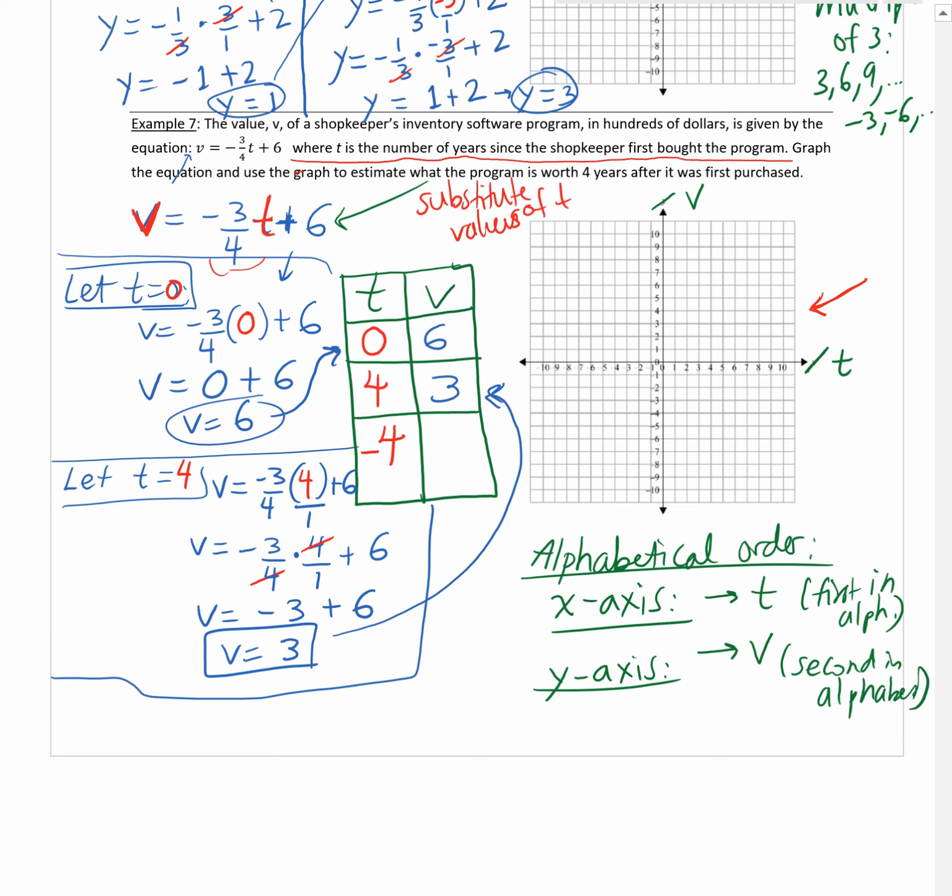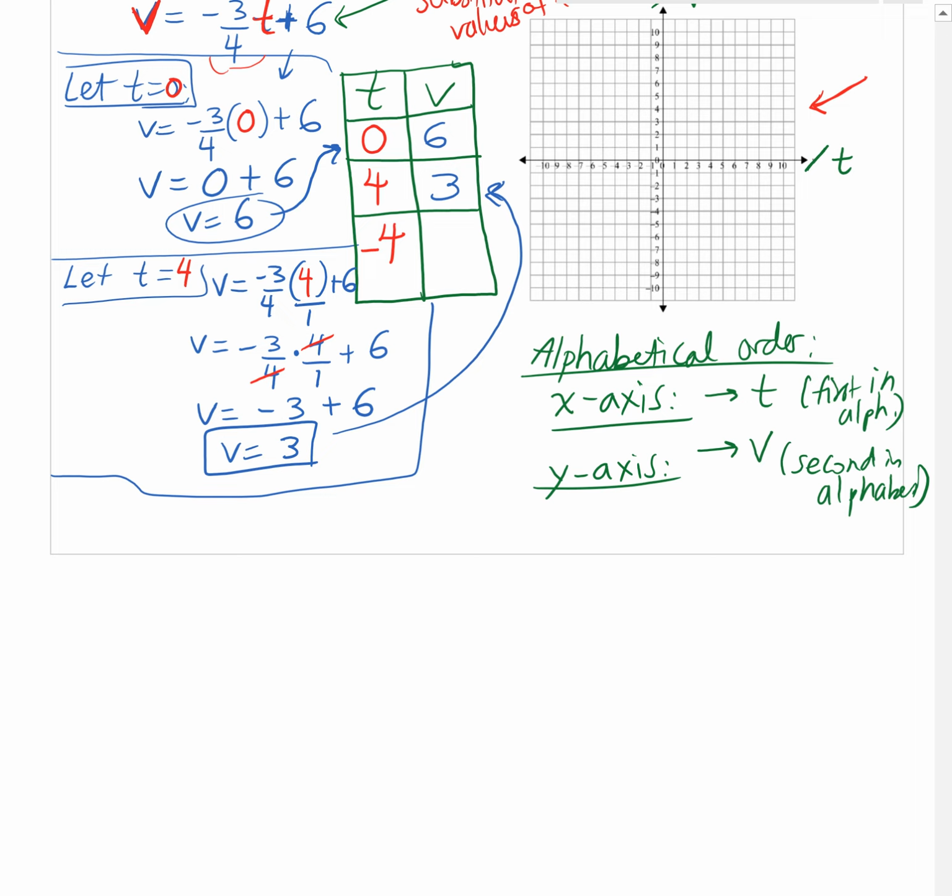Okay, last one. Now we're going to let t equal negative 4, and then we'll be ready to graph, and I think we'll not be too far from finishing the section. Alright, let's see. So the equation was v equals negative 3/4 times t plus 6. But I want t to be negative 4 this time. Negative 4 is going to go in there, and just like in the last part, I have to put the